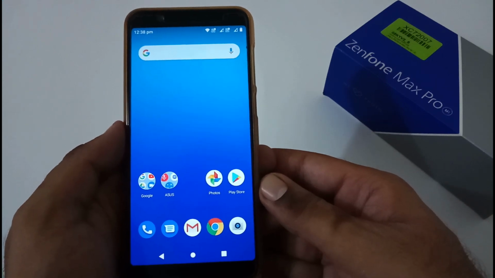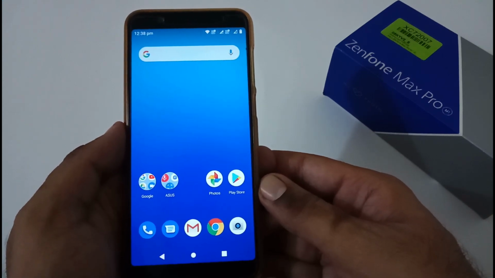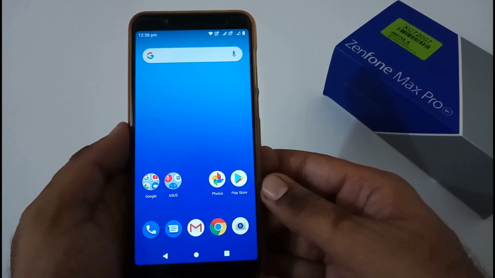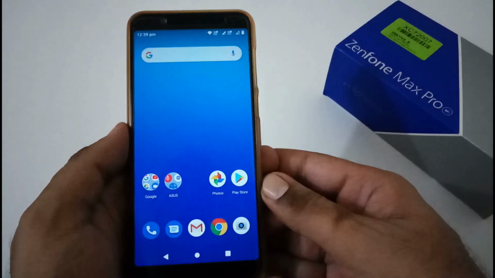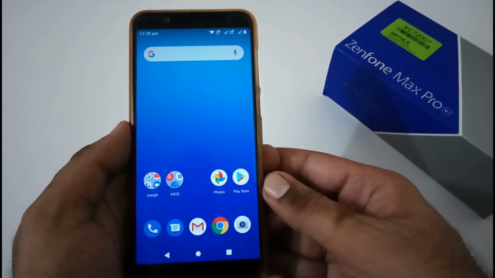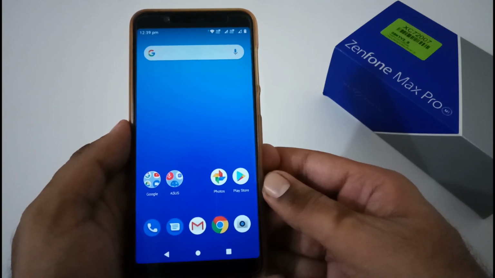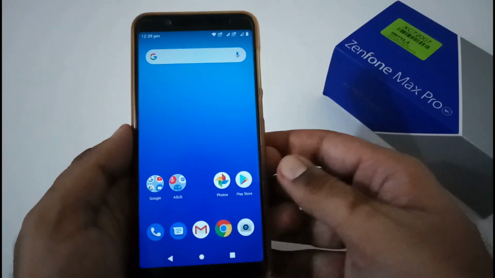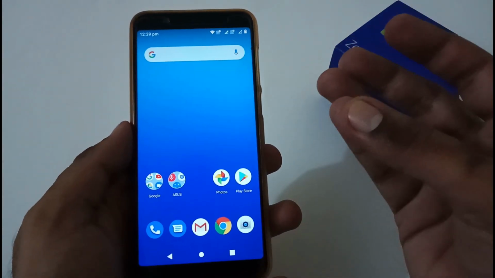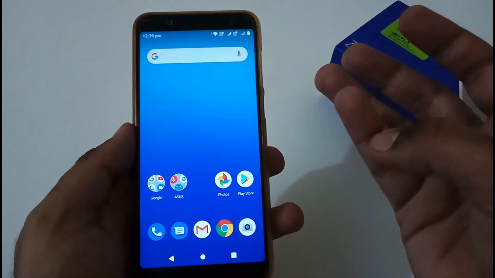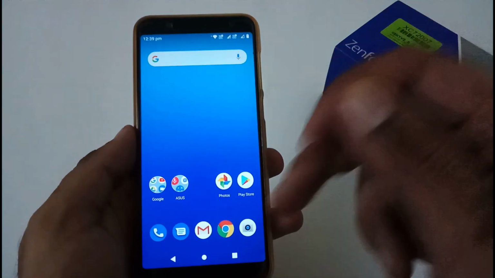We are again back with another video, and this time it's on Asus Zenfone Max Pro M1. In this particular video, we'll see how to successfully downgrade from the Android 10 Beta 4 version, version 432, to the Android Pie version 059 or 060. Although this particular method is applicable to all the Android 10 Beta versions, be it Beta 1, 407, Beta 2, 424, Beta 3, 429, and so on.